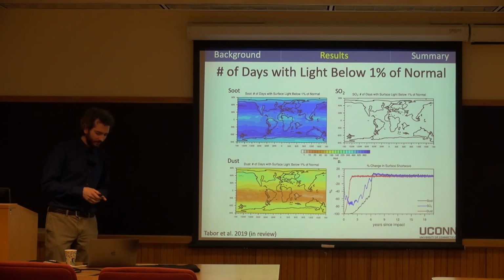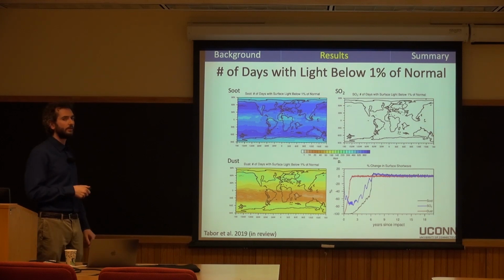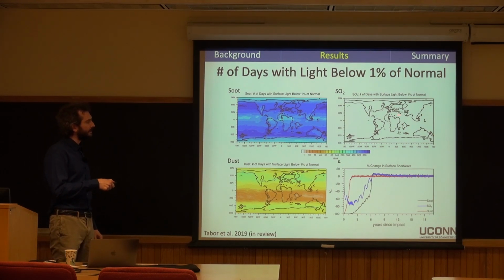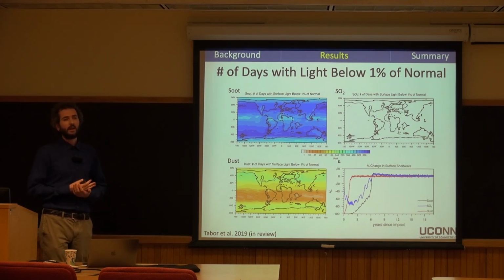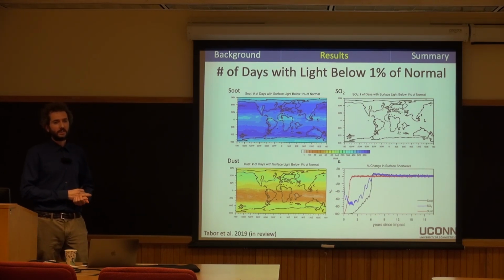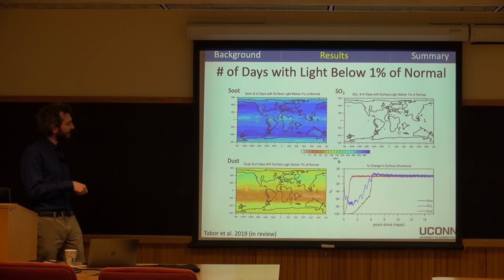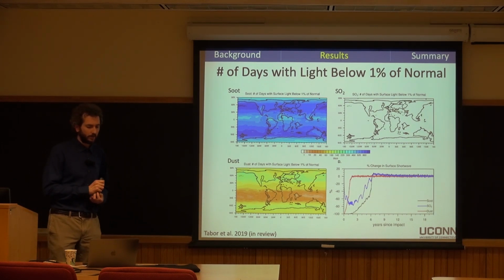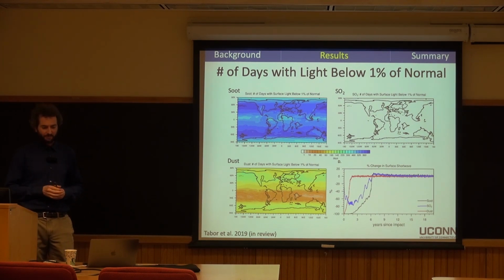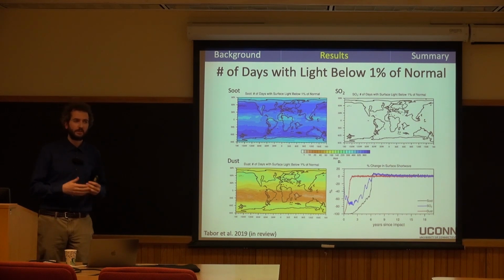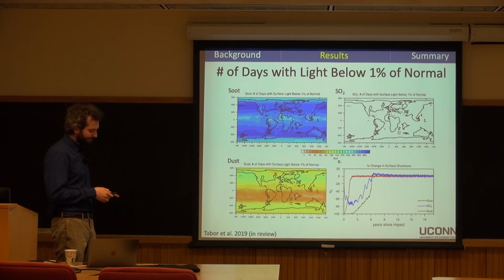In contrast, even though we reduced surface light quite a bit with the SO2 emissions and the sulfuric acid that it creates, we're never producing low enough light levels to prevent photosynthesis anywhere on Earth. So obviously photosynthesis would be limited, but not stopped completely. And finally, if we look at the dust response, we're getting about a month or so of reduced light below the photosynthetic threshold. So obviously a disruption, but maybe not enough to lead to a complete collapse of the food chain. Maybe not enough to starve off these higher trophic levels.